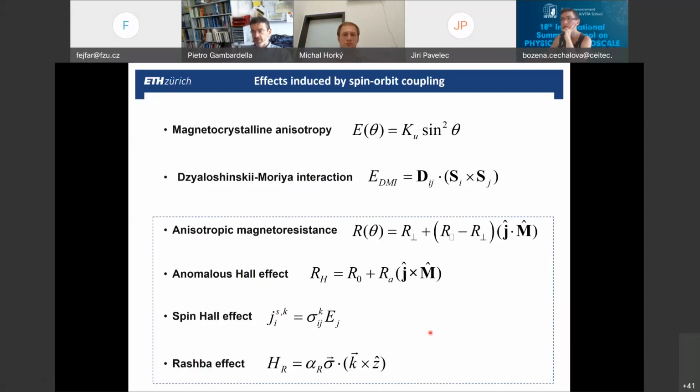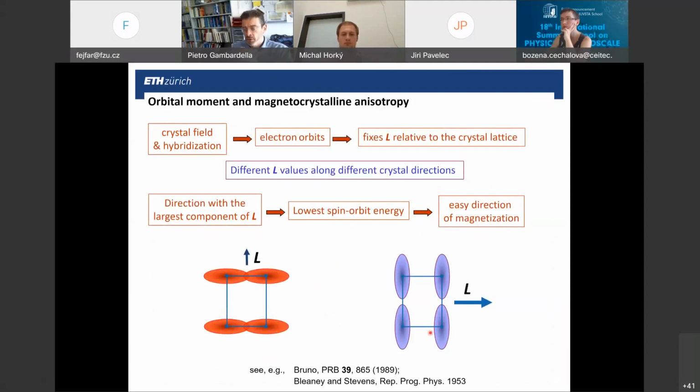We will see some of this later. So now I'd like to comment on magnetocrystalline anisotropy because that's a very fundamental quantity, especially for small magnetic structures. So we have a situation in which the symmetry of the orbital wave functions, and also their hybridization, determines the magnitude of the orbital magnetic moment. Okay, this L